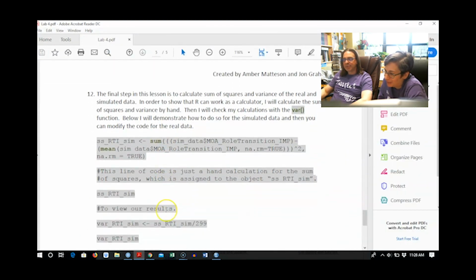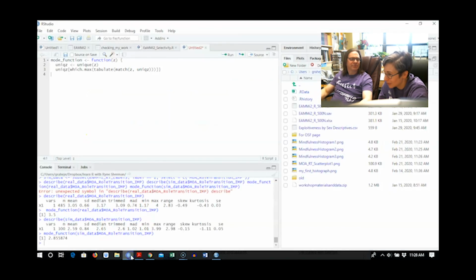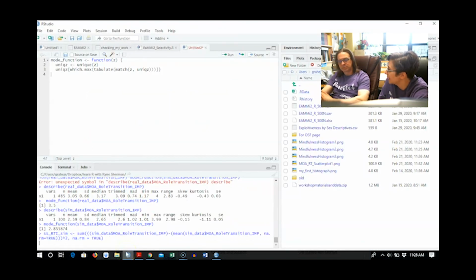All right, the final step in this lesson is to compute those so that we can get variance. Computing the sum of squares. And why are we doing this? Just to show that you can compute things by hand. Ah, so this is the doing it by hand thing. And so if I go SS